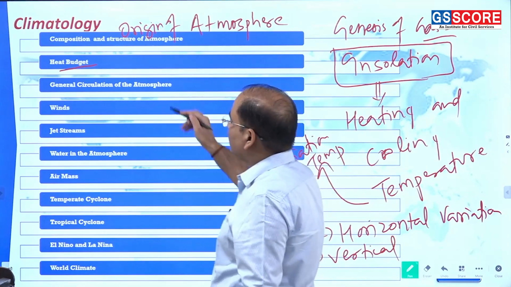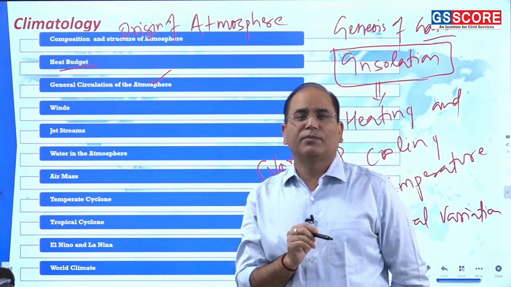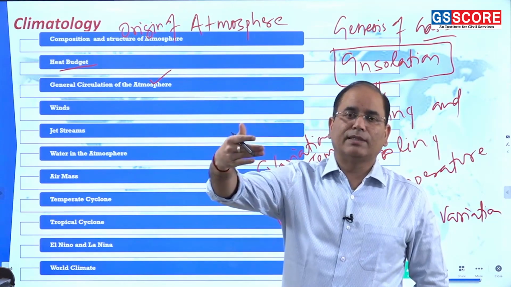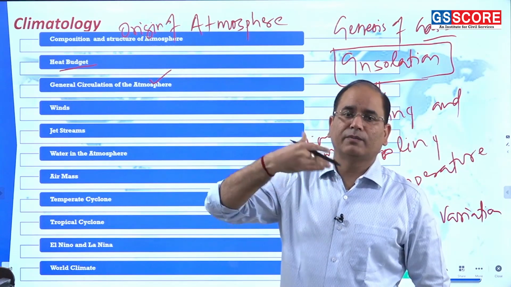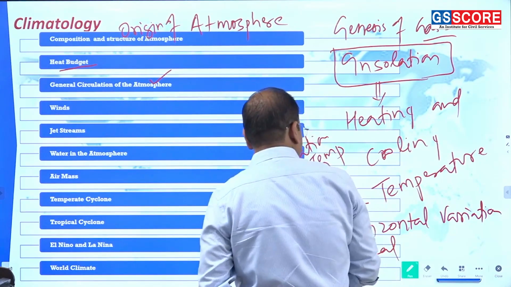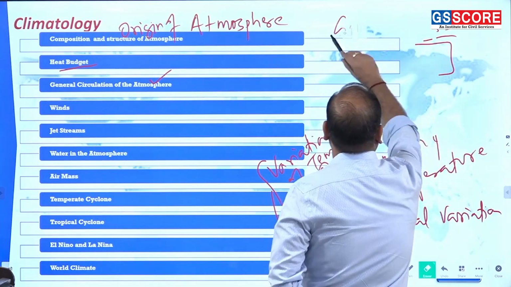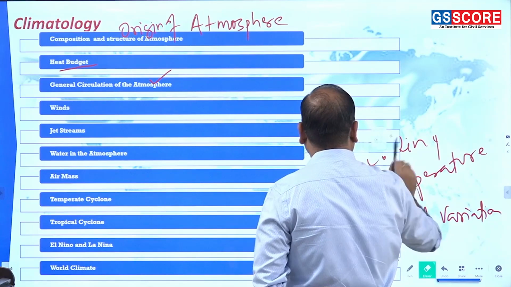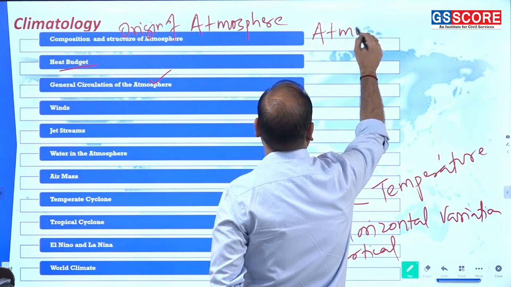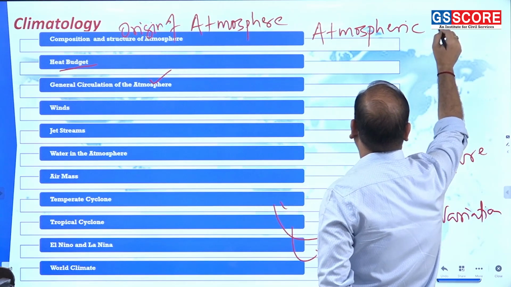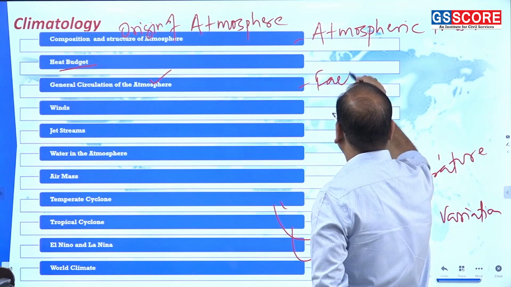Then the topic of general circulation of the atmosphere. General circulation of the atmosphere is an extension of this temperature. So this temperature and insolation will be extended in the form of atmospheric pressure. So here you are supposed to study the atmospheric pressure. So under the general circulation of atmosphere, you are supposed to study the atmospheric pressure, also the factors affecting atmospheric pressure,